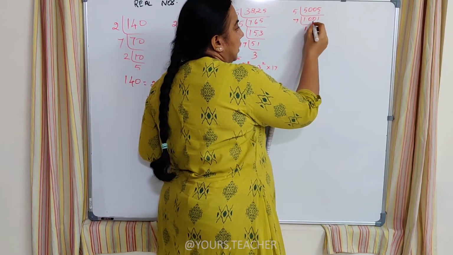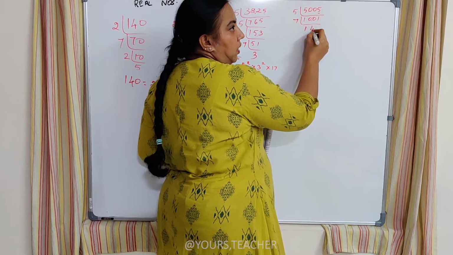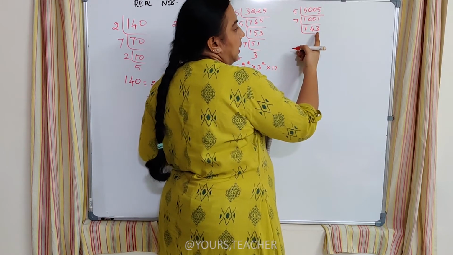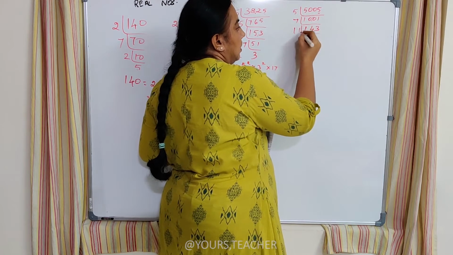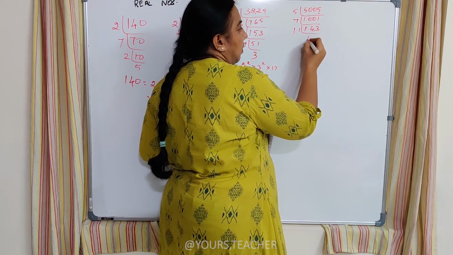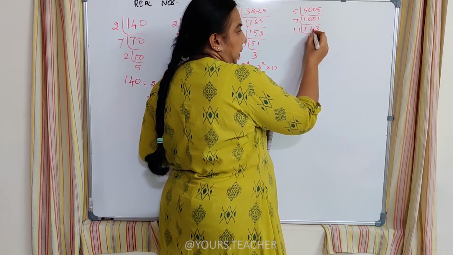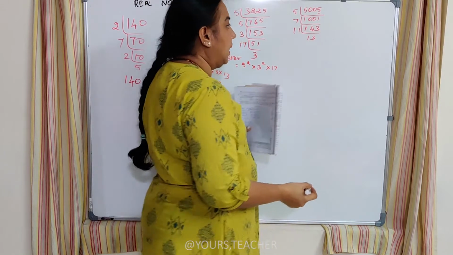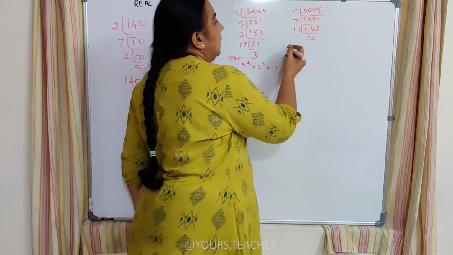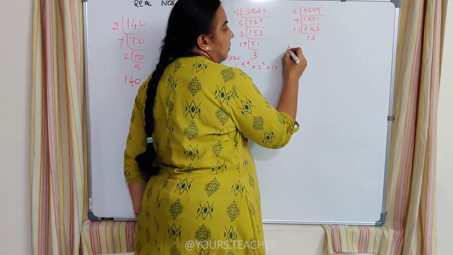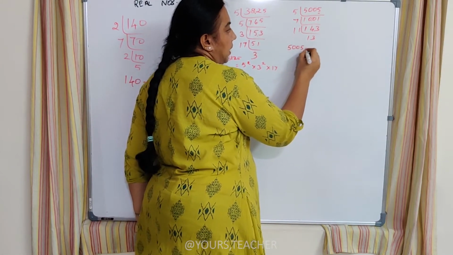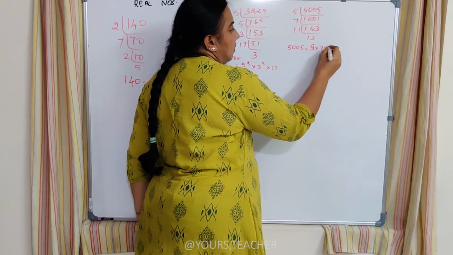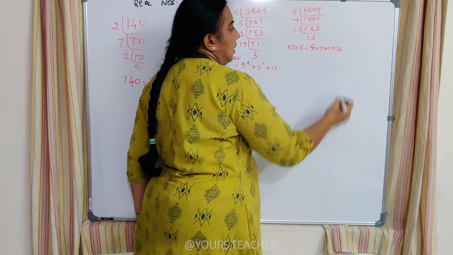1 time, 3, 30. It comes for 4 times, 28, and 21, 3 times again. And shall I try it with the 11 table now? When I try with the 11 table, 1 time and I get a remainder 3, 33, 3 times. 13. 13 is a prime number again. So I can end it here with 13. So 5005 can be written as 5 into 7 into 11 into 13.